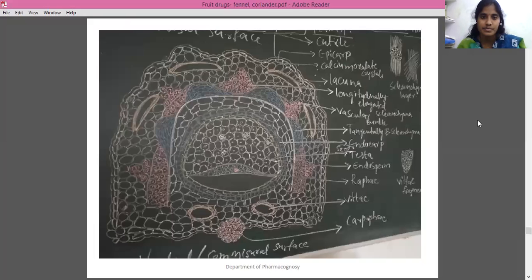Yes. For color differentiation, I usually draw the diagram using different color chalks. But sometimes for differentiation, I will use another chalk also. Here the sclerenchyma is actually lignified, so I have to draw it with the pink color. But for the differentiation from this longitudinal sclerenchyma,